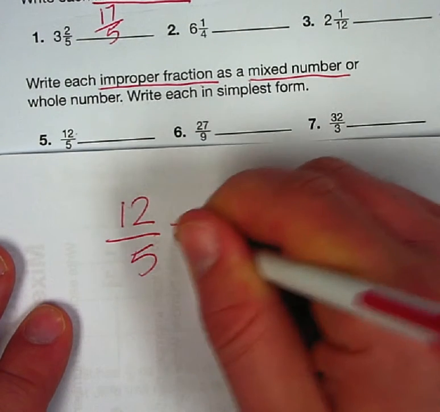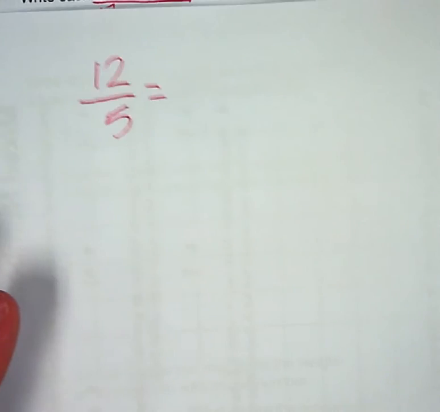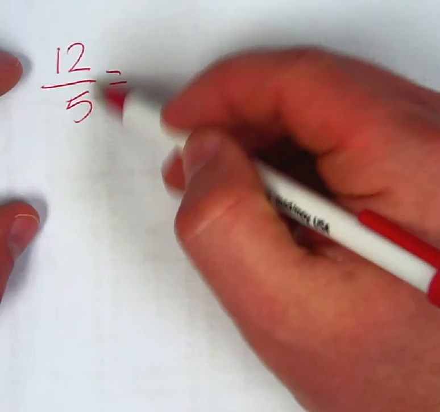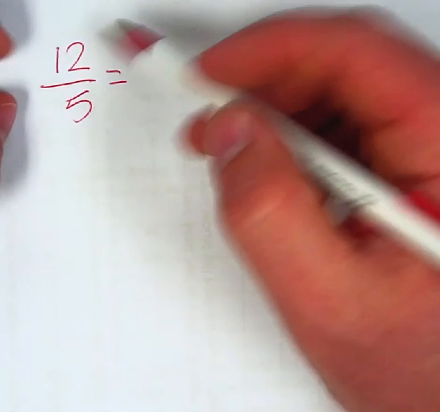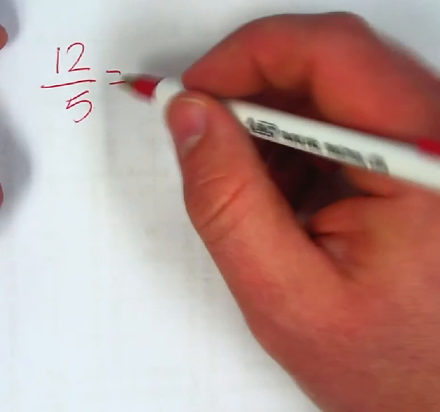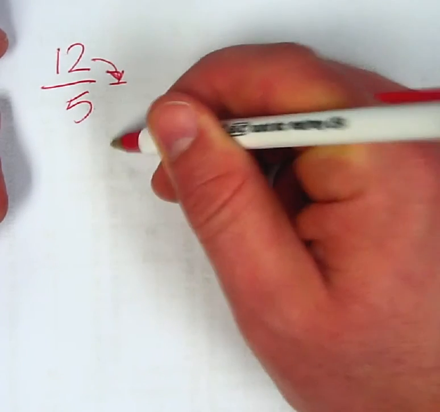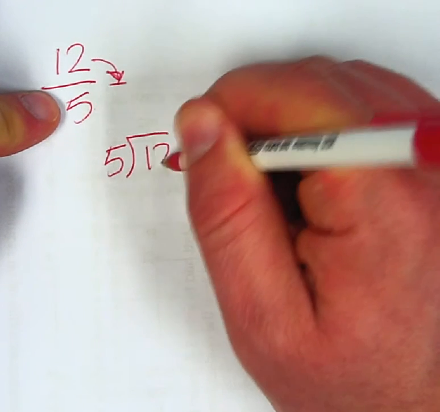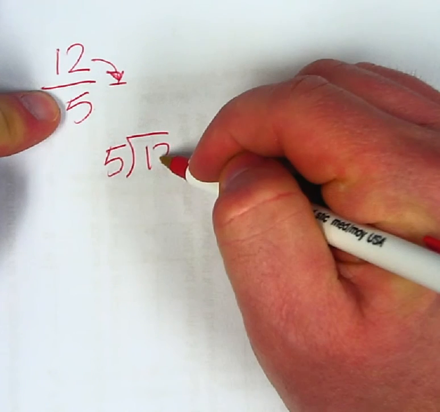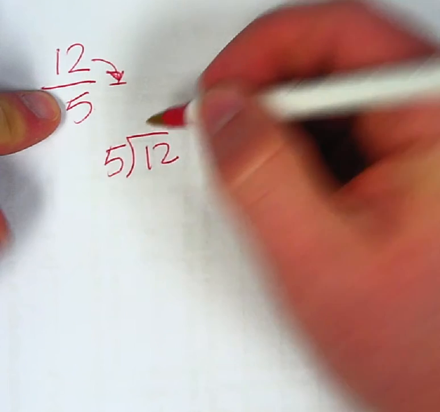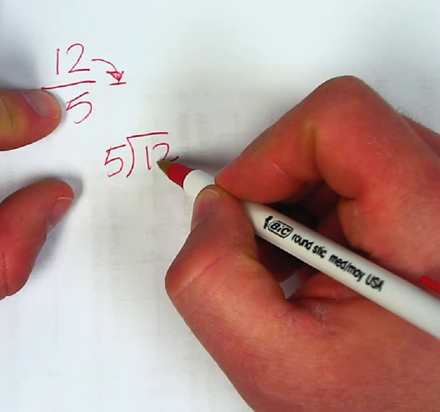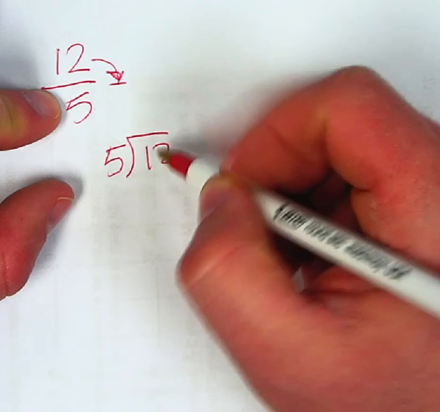12/5, I'm going to convert to a mixed number. So the way I do that, and this is what I taught you this morning, it's like you come up here, this is a tower, you flick that top number, and it falls down, and you write it as a division problem. So 12 divided by 5. We flicked that 12 and knocked it over and turned it into a division problem. Okay? So the 5 goes into 12 how many times? It goes into it